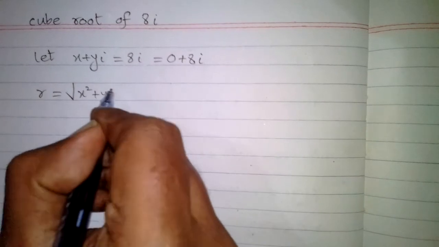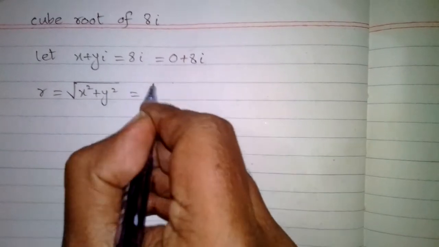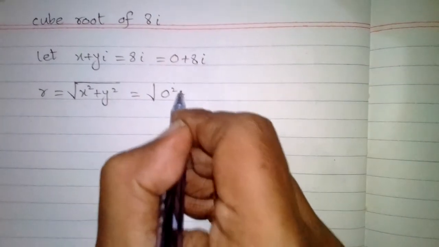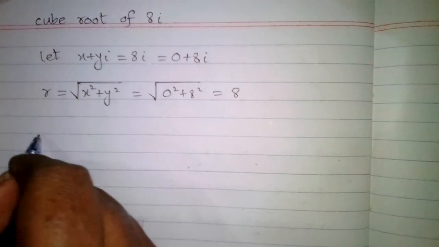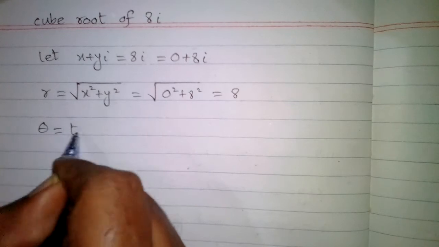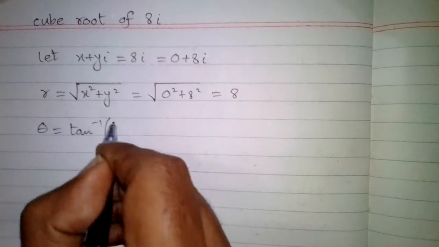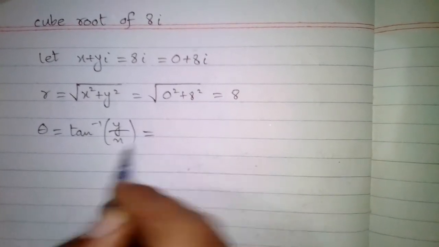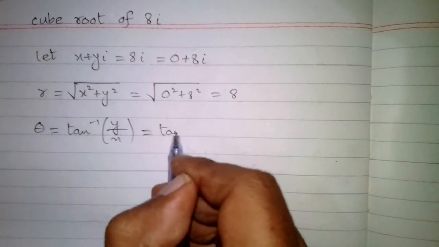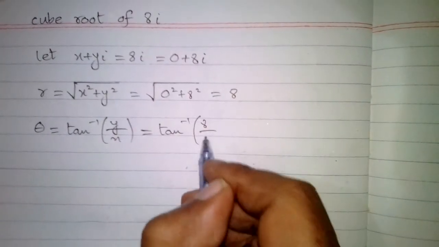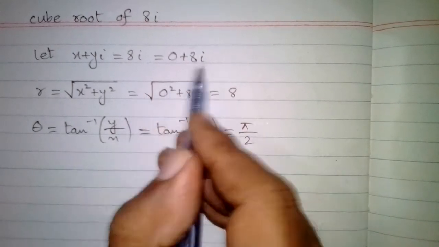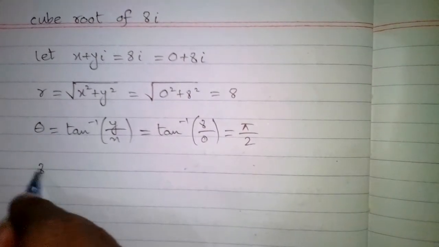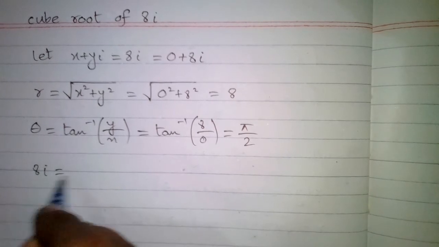So we have square root of x square plus y square, which is equal to 0 square plus 8 square, and this will be equal to 8. And then we will find the angle theta, which is equal to tan inverse y upon x. So we have tan inverse 8 upon 0, and this will be equal to pi by 2. So the complex number 8 iota can be expressed as